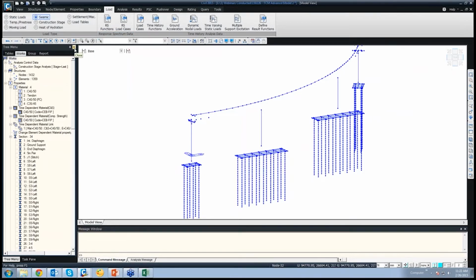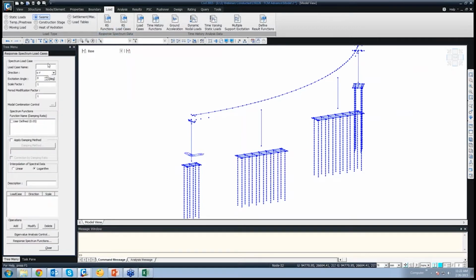So once the response spectrum is generated, we'll have to give the response spectrum load cases for that. So say response spectrum for UDF in X direction. If I want to give that, then I have to select direction as XY, keep excitation angle as 0, the scale factor is 1, use the user defined function and say description in global X and add.